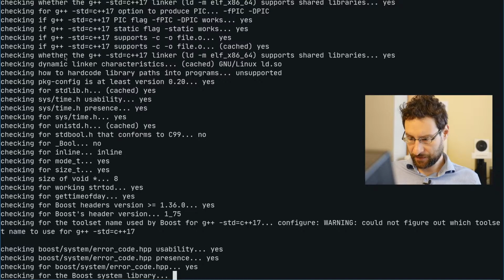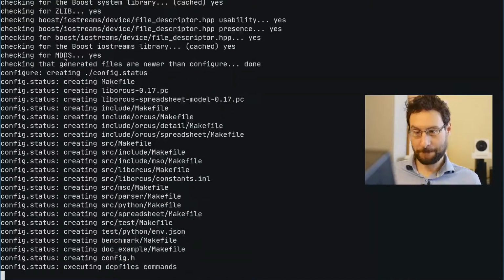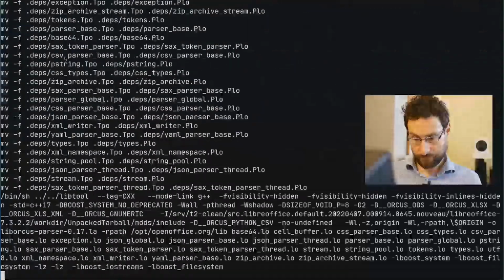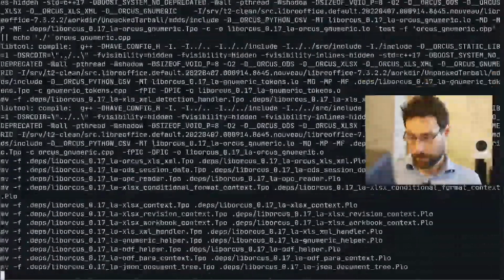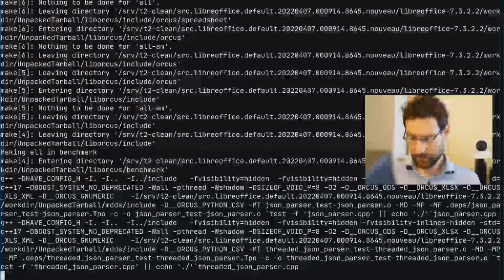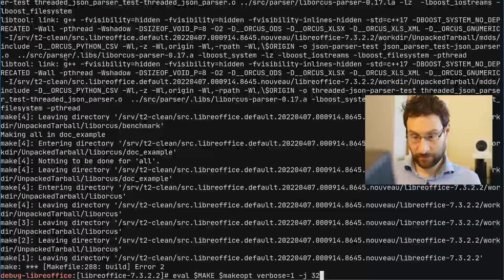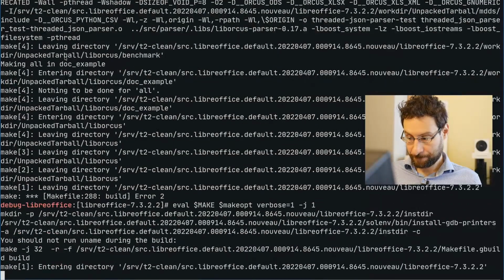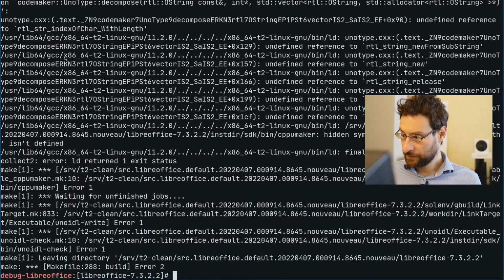Kind of actually tempting to look for other distributions' build logs, to be honest. I did, by the way, nothing but run this with J32. I just wanted to see. Yeah, of course, that didn't help anything. Yes, yeah, RTL string.